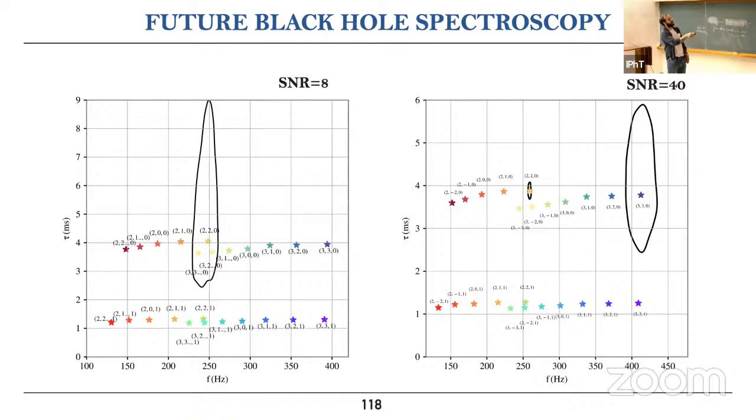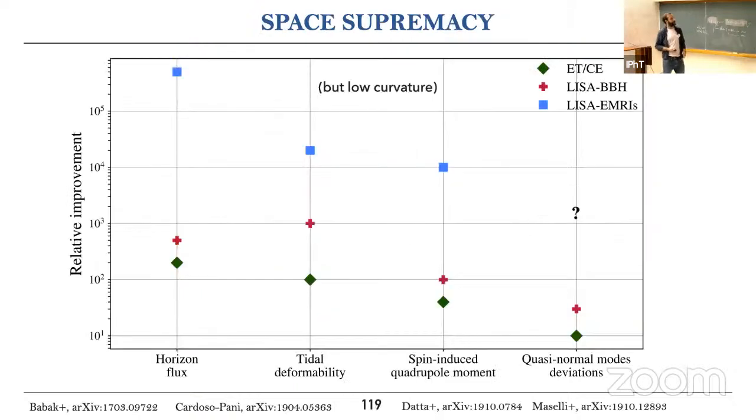And this with a signal to noise ratio of 40, which is in principle reachable by these detectors at design sensitivity. With Cosmic Explorer and Einstein Telescope, this is going to shrink by a factor of 10. So you will have something like this also on the other mode. So the prospects for this are kind of incredible. If you care about other things,